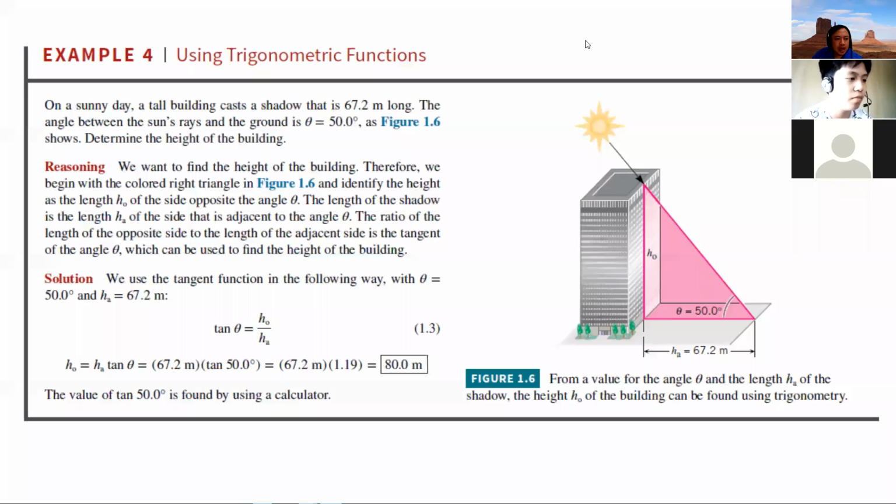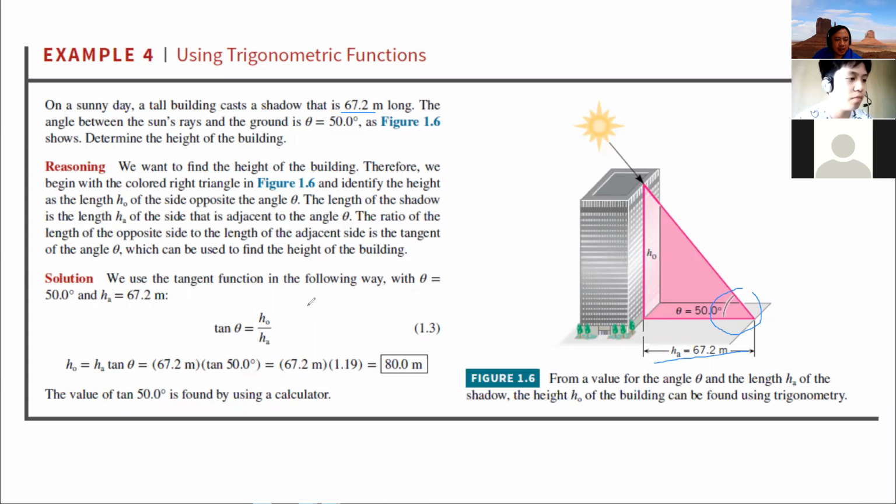So you can determine the height of the building in this case because you can have the angle theta here, and of course, between the height of the building and the horizontal with the ground is your 90, and your theta is here. If you want to determine the height of the building, you can use this adjacent side because it is known, 67.2 meters long. So this is the adjacent side to theta, and the opposite to that angle is your opposite side. So if you use the trigonometric function that involves the known and the unknown,